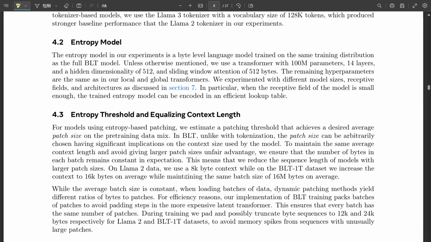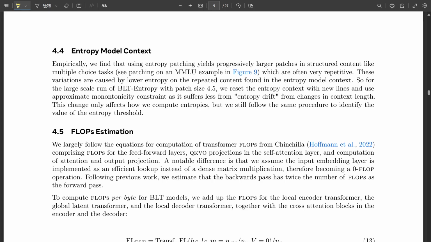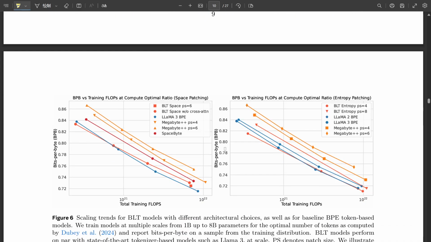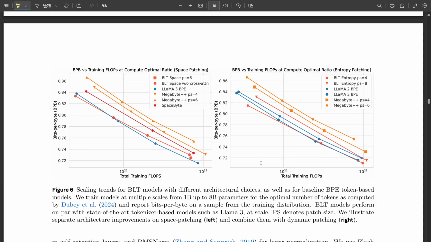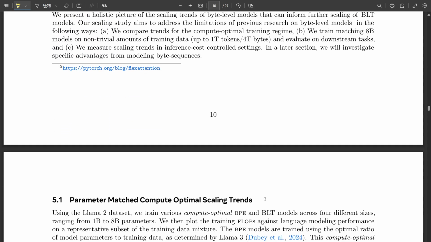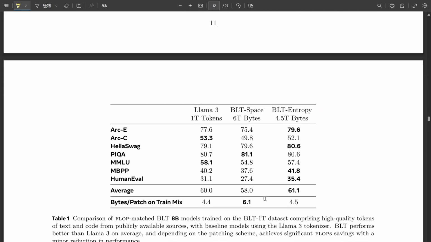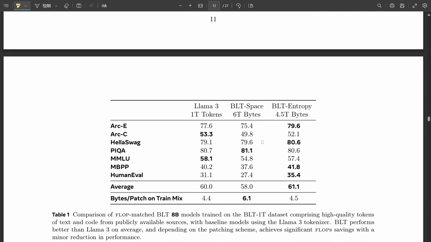So from a more practical perspective, are there any challenges in actually putting BLT into practice? Is our current technology even ready for this whole byte-level revolution? That's a good point. Most of our software and hardware is built around those token-based models, right? Yeah. So to really embrace BLT, we might need to rethink things on a very basic level. We might need new tools, new algorithms, even a new way of thinking about how we process data. So it's not as simple as flipping a switch and suddenly everything is byte level. Not quite. There's a whole ecosystem that needs to adapt along with BLT. It's a big shift. It is.